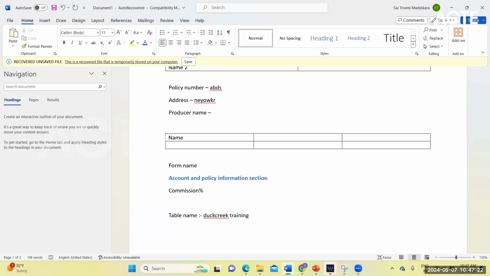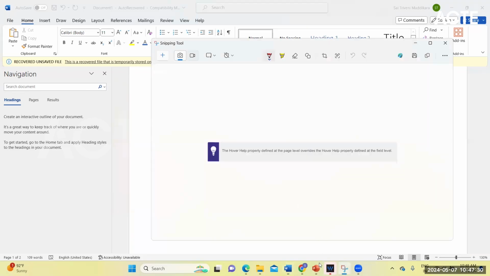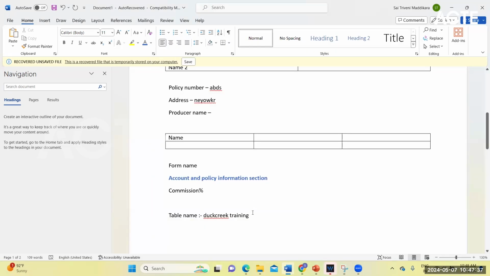Now the user will be placing some icon, like an image icon or a document icon, on the UI. The user wants the respective Duck Creek training document to be uploaded on the UI as well.